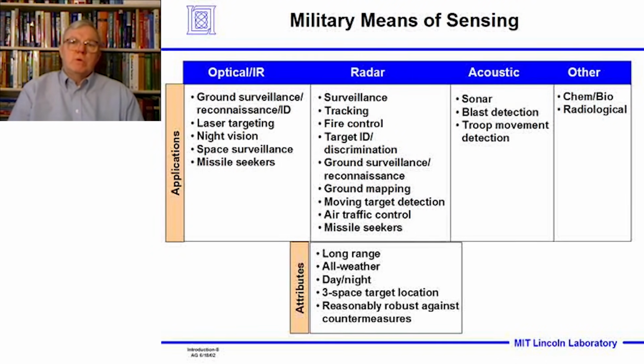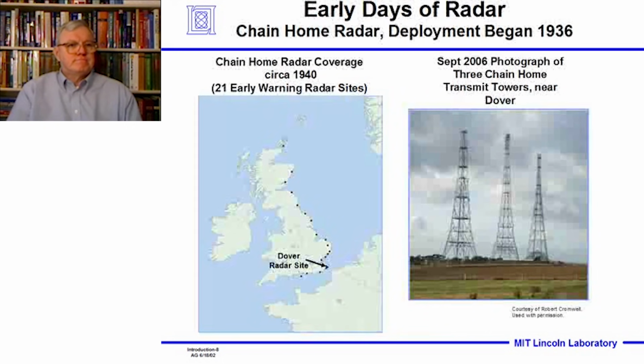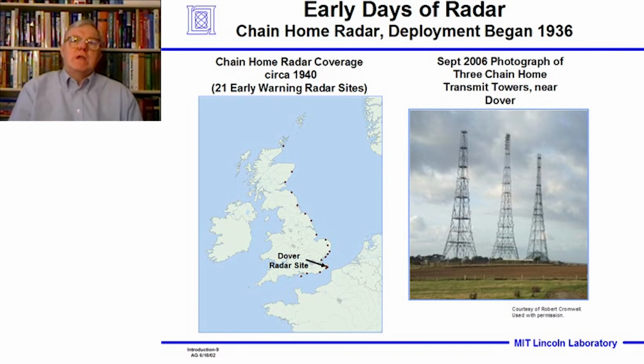And radar is reasonably robust to people trying to countermeasure it. That is, with adding noise, jamming the radar, as it's called, or dropping so-called chaff to give false targets. It's reasonably robust to handle that. Okay, now I want to go into an example, and this is really history to show how radar made such